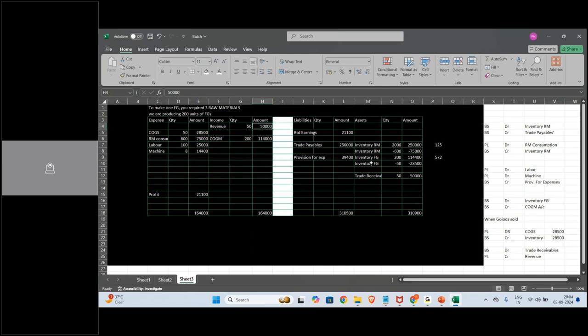Now the situation will become complicated when you are booking the materials at standard price versus moving average price. In case of moving average price, you load the price difference directly to the raw materials. But in case of standard price, you take the price difference to the P&L. Now, if you buy 2000 units of raw material and you are only consuming 600, the price difference on account of the 1400 units is lying in your P&L. That is what the actual costing run, the ML costing run which you run in the month end, will handle.